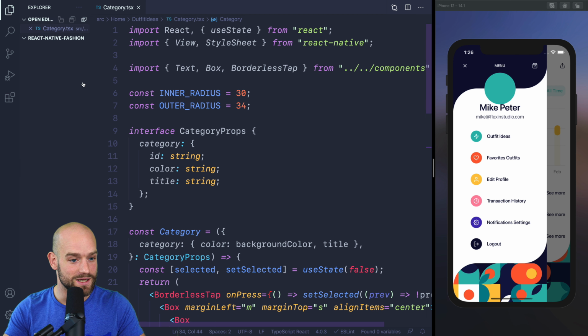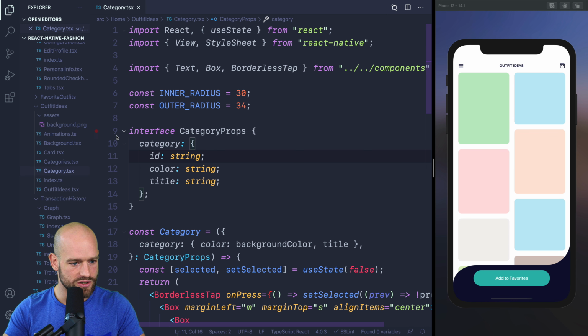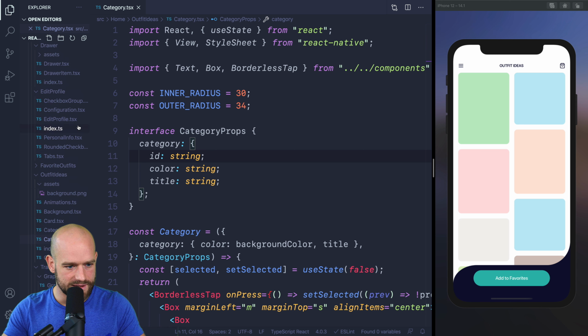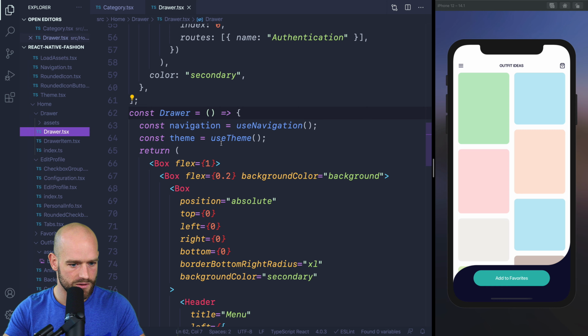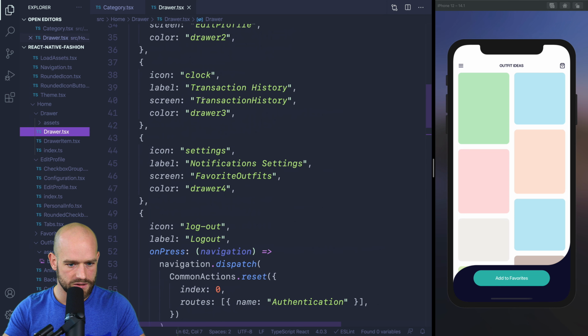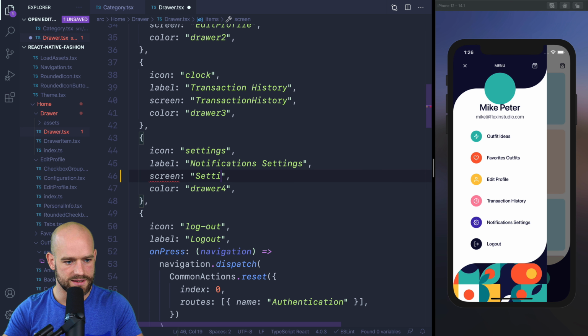So I don't even know anymore the file structure, but let's try to quickly do notification settings. And there's probably something called home navigator. So home drawer. So here we have a list of screens, and we have settings. Okay, so we can call the screen settings,